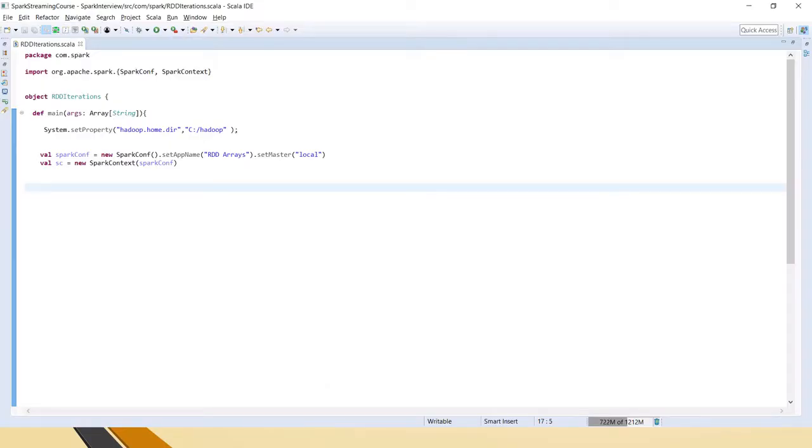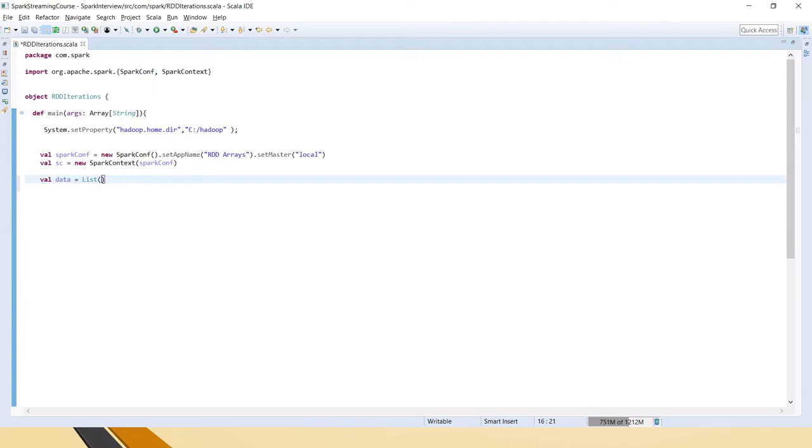So friends, this is the object that I have created. I have defined the main method and created Spark conf and Spark context. Now I am just creating a list of some values. I am randomly taking some sample values.